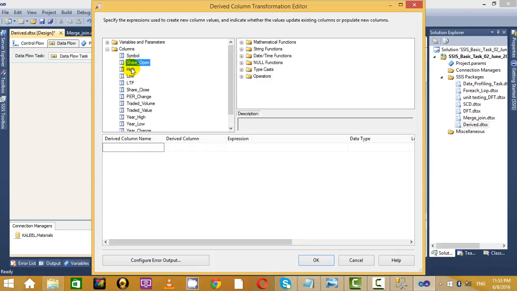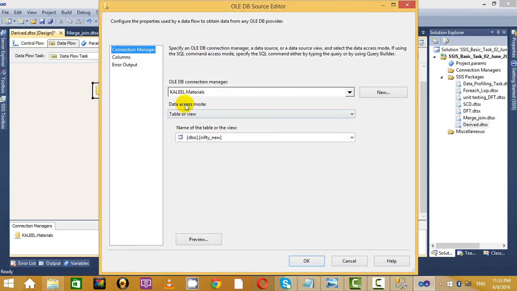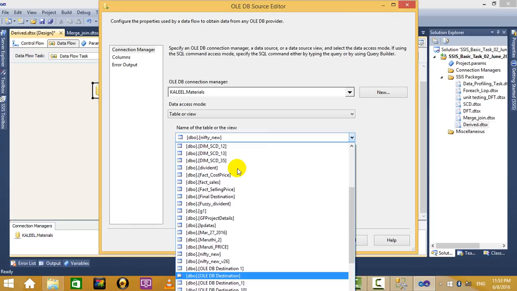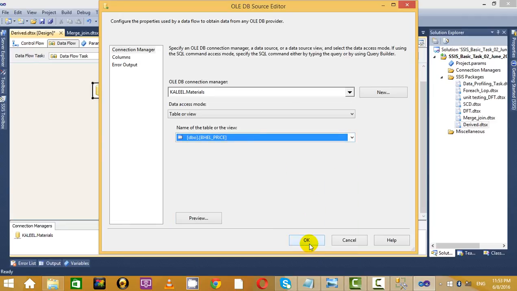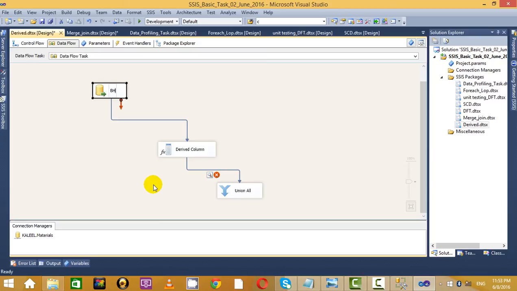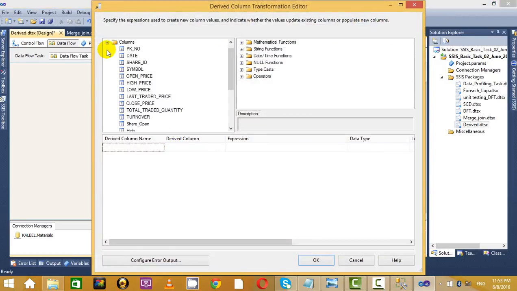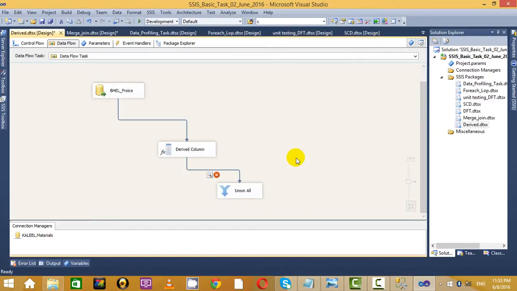Directly with the, so now not Nifty. I'm going to take my BHL price. So here now